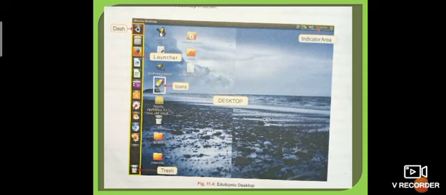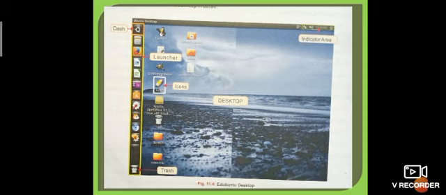Menu bar. The menu bar is a long horizontal bar located at the top of the desktop. It includes common functions used in Ubuntu. Indicator area. On the right side of the menu bar lies the indicator area, which shows clock, calendar, speaker, volume. Launcher. Launcher is the vertical bar on the left side of the desktop. We can add commonly used programs which can be opened easily whenever required.